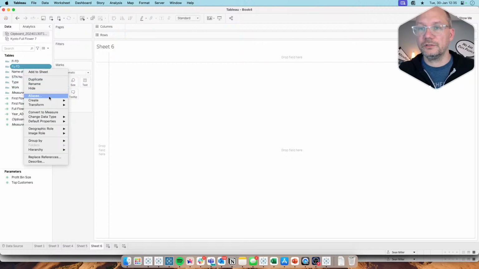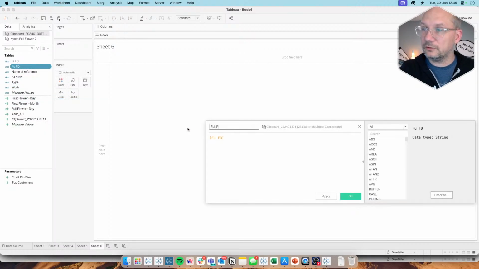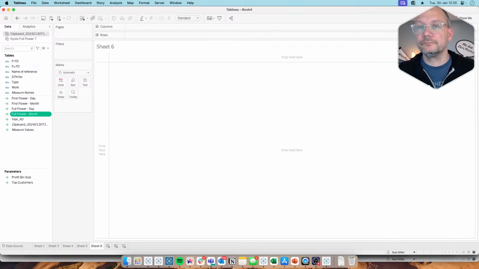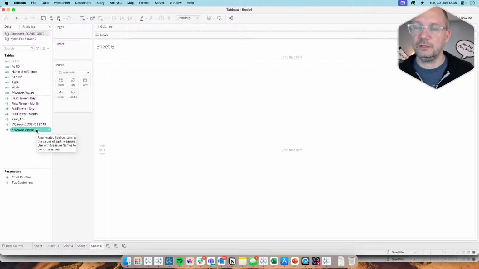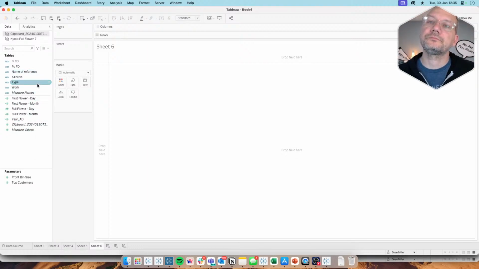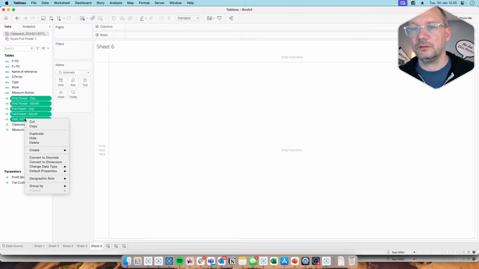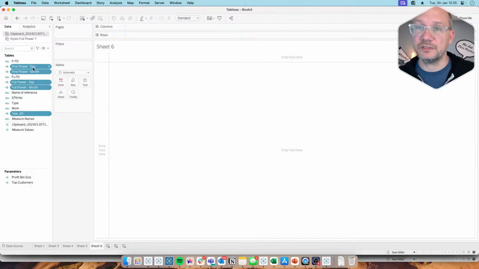and then we'll do this one last time. Full flower month is integer left 2. And I think that's all that we will need for now. And then I think now what we can do, we'll have all of these be dimensions, but we'll keep them as continuous,